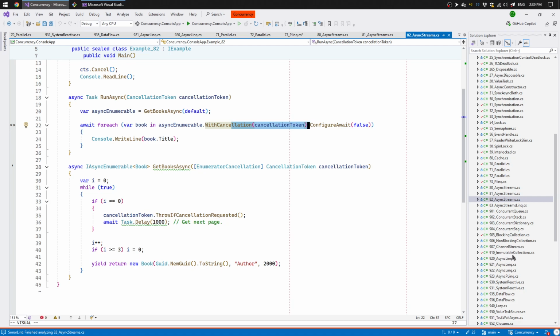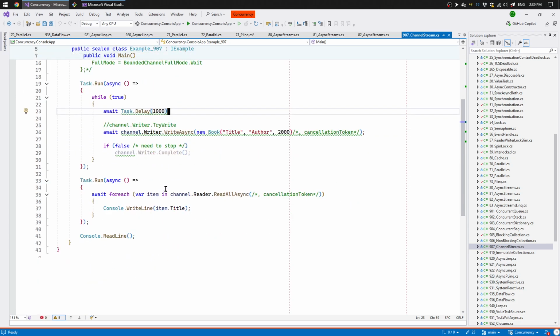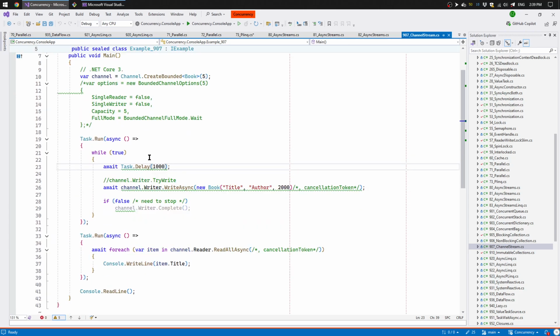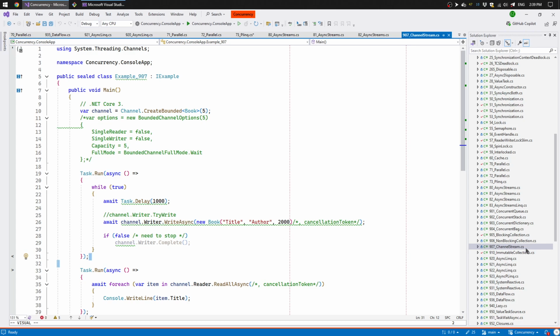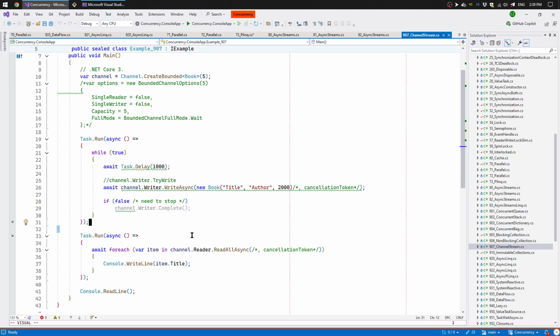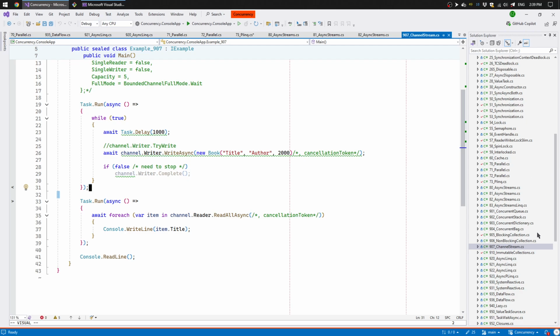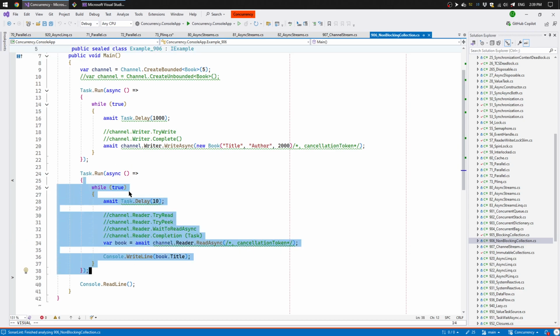And returning to the channels example that we discussed on Friday, I just wanted to remind you that here in the channel there is an additional method on the reader, ReadAllAsync. And the ReadAllAsync method creates an async enumerable for us. So instead of just using the reader ReadAsync method, like we used here to read the next book in a while true cycle,